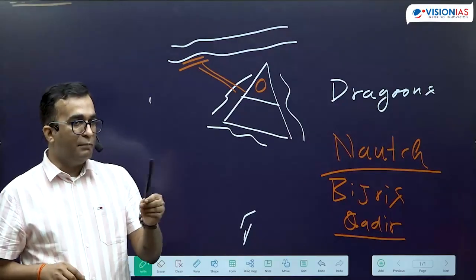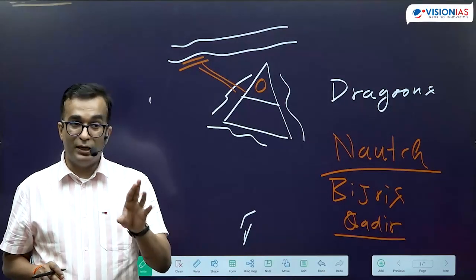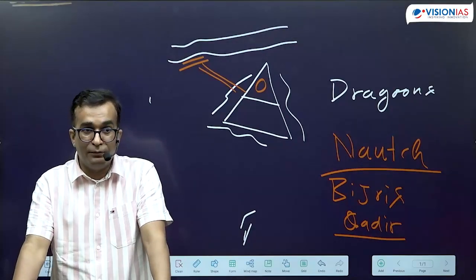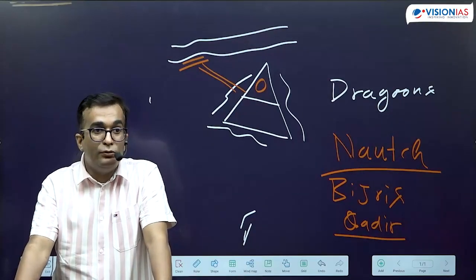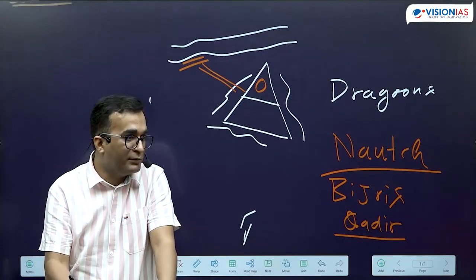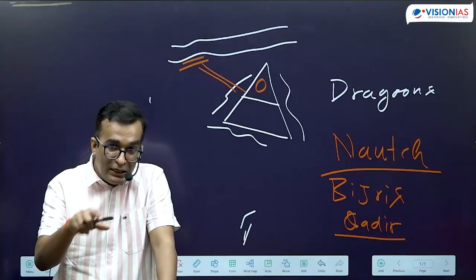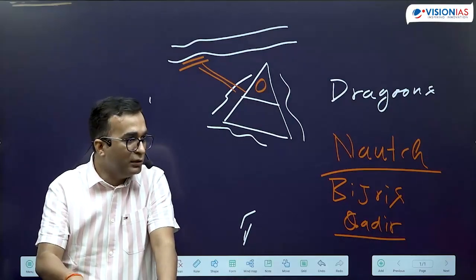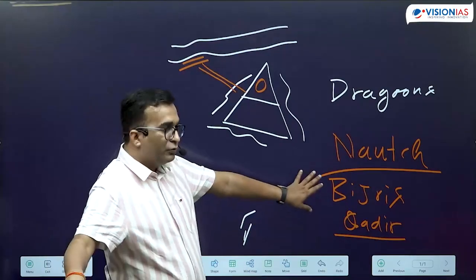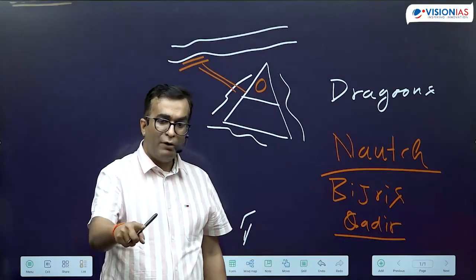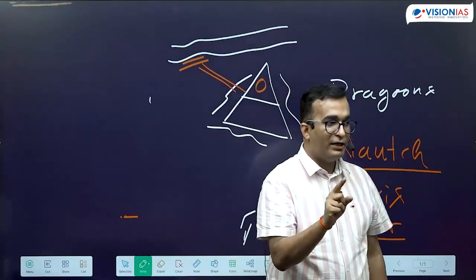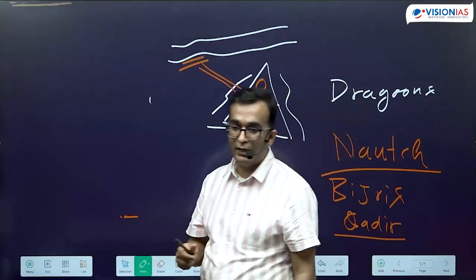Though today what did we write, okay, understand this carefully once. In the doctrine of lapse, I have also written the name Awadh. Then we mentioned that only Hindu states were annexed. So Awadh was not annexed as per the doctrine of lapse. It was annexed because of the internal issues which were there in Awadh. Okay. So you can write it here as well, no issue, but there just mark it as not annexed by doctrine of lapse.